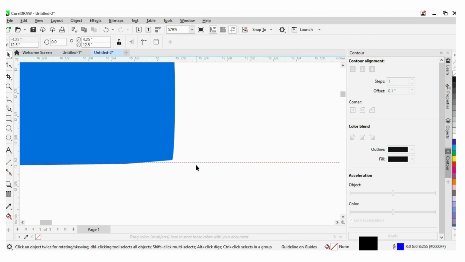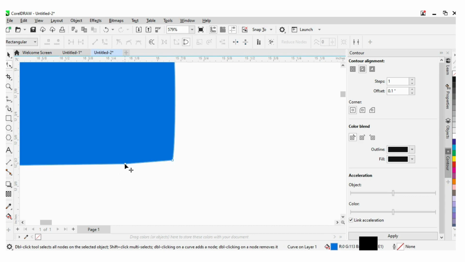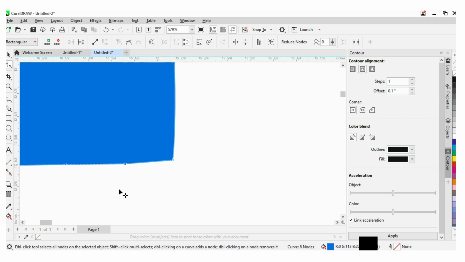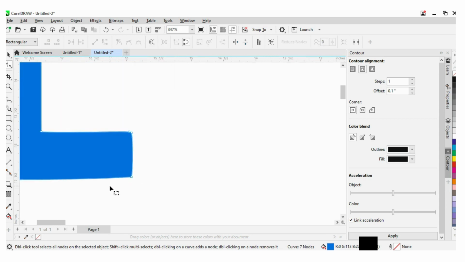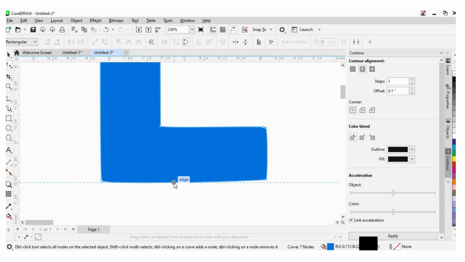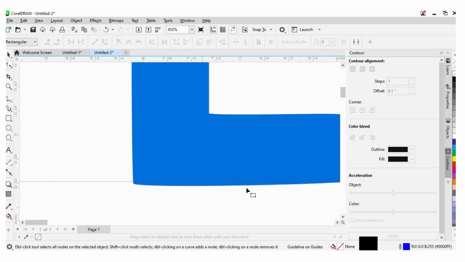This is how you align the thing, horizontal and vertical. If I need to delete this node, just double click this node, or you can click the node one time and click the right button, and there is a delete option, or otherwise just double click. And you can see here there is a difference between this point and this point. So if you want to make that correct,